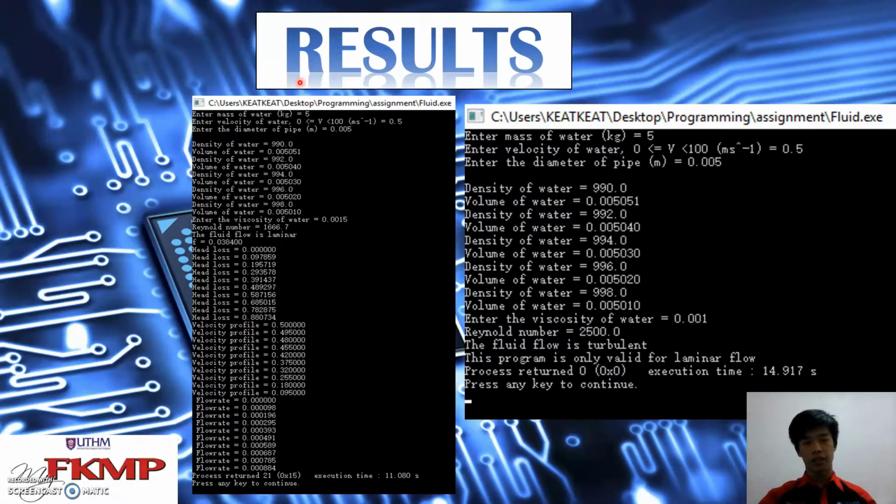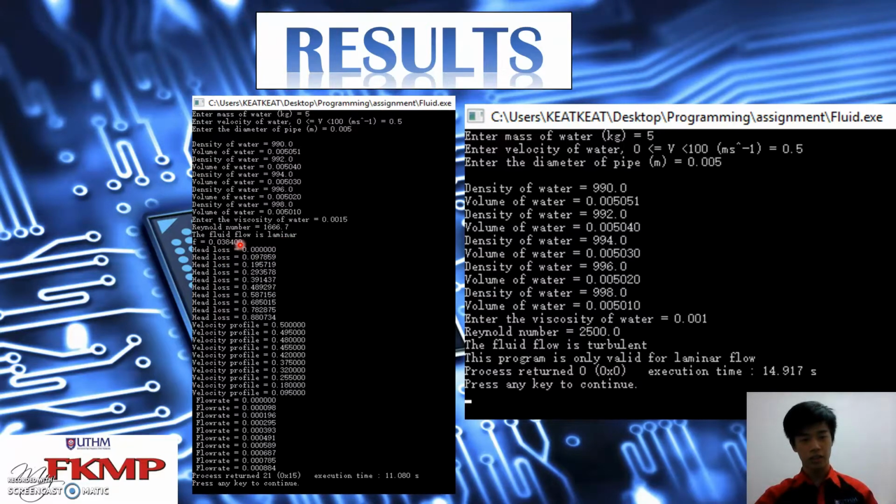After running the program, here is the result. The left hand side is for laminar flow and the right hand side is for turbulent flow. The mass of the water is 5, the velocity of water is 0.5 and the diameter of pipe is 0.05. From here you can see that when the density of water increases, the volume of water decreases. And when the viscosity of water is 0.0015, the Reynolds number is 1666.7, which is a laminar flow, and